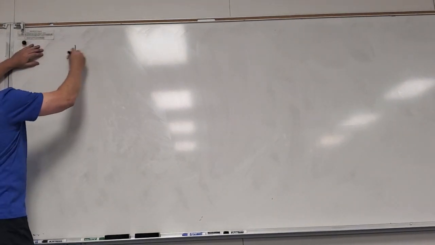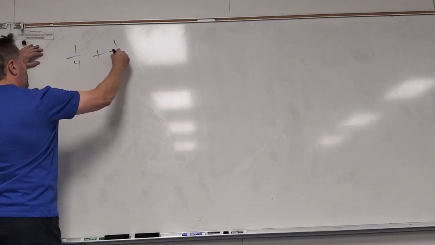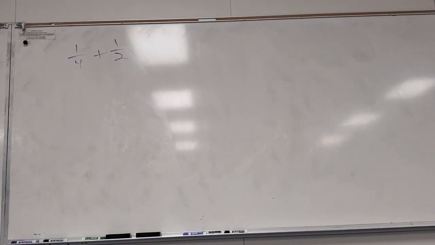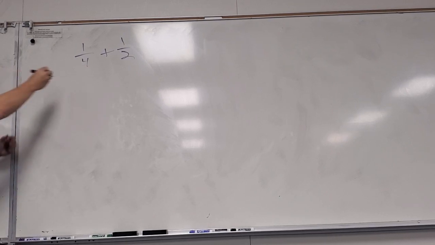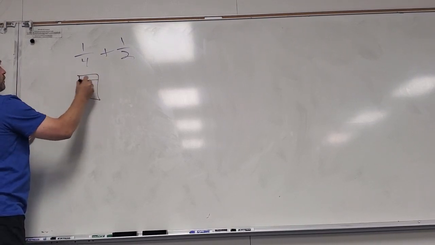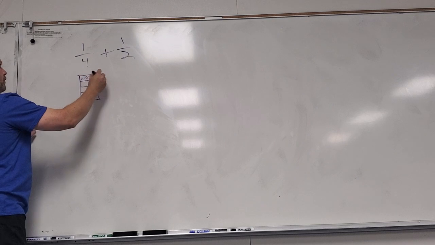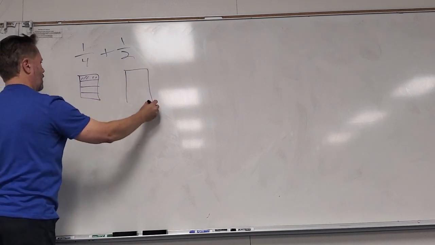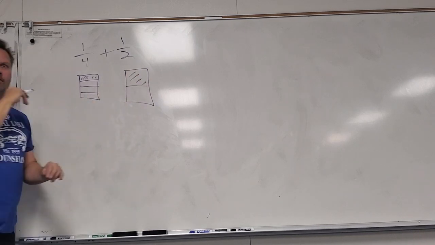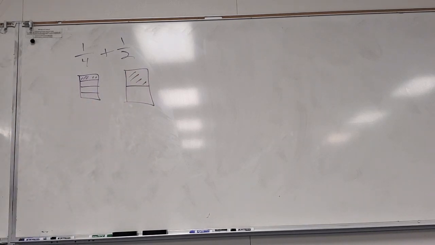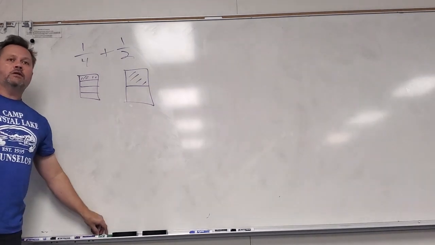One thing here. What if I want to do 1/4 plus 1/2, but I want to do it visually? This is where I would say you should do two things, right? Here's 1/4. How would I represent 1/2? Chop. Right? You guys with me? Now, do you see how they go into each other nicely? So you could either